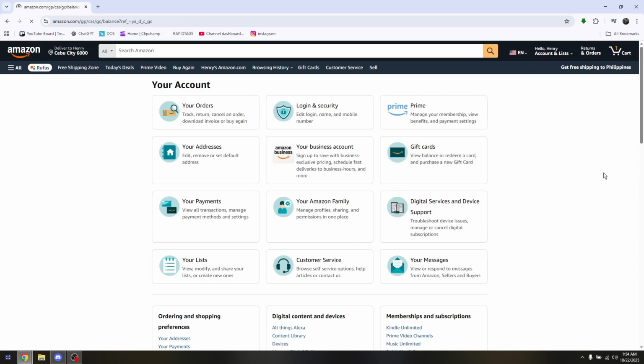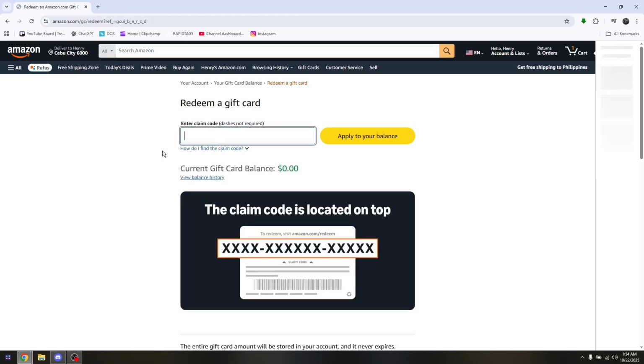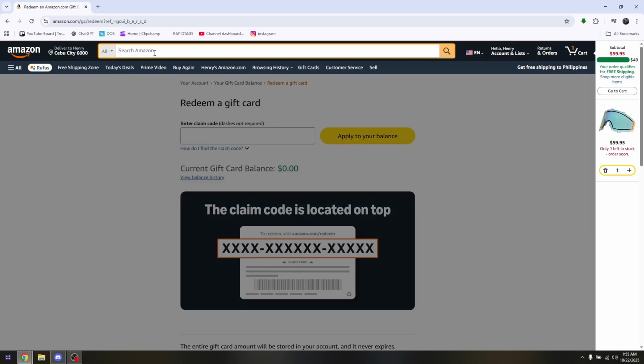Go into gift cards, and then in here just choose redeem a gift card, and then simply input your unique code or number from here so that you can apply and have it visible on your Amazon voucher balance. Now, once you have done that, all you have to do next is go to the search box and just